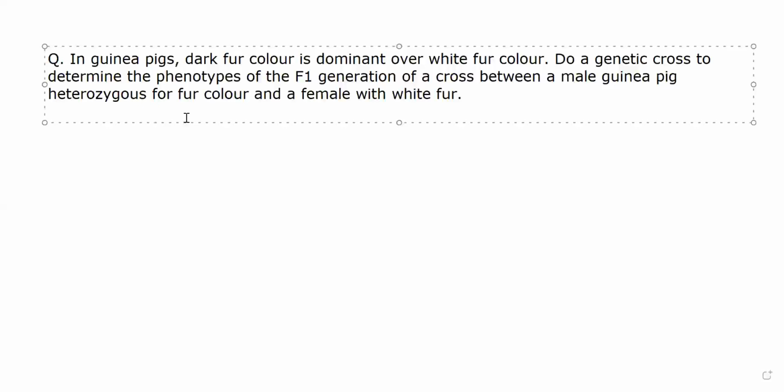We'll start with this question that I have here. Our question says, in guinea pigs, dark fur color is dominant over white fur color. Do a genetic cross to determine the phenotypes of the F1 generation of a cross between a male guinea pig, heterozygous for fur color, and a female with white fur. Now,